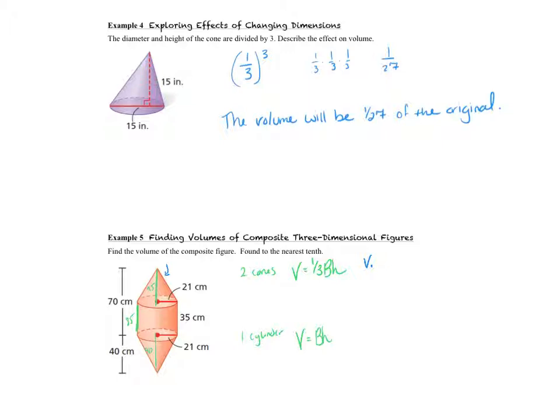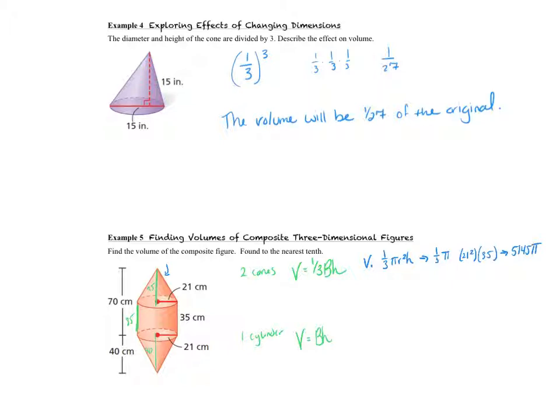So let's do 1/3 pi r squared h, because that's what capital B is, pi r squared, which leads to 1/3 pi times 21 squared times 35 is the height. If you calculate that, you get 5145 pi